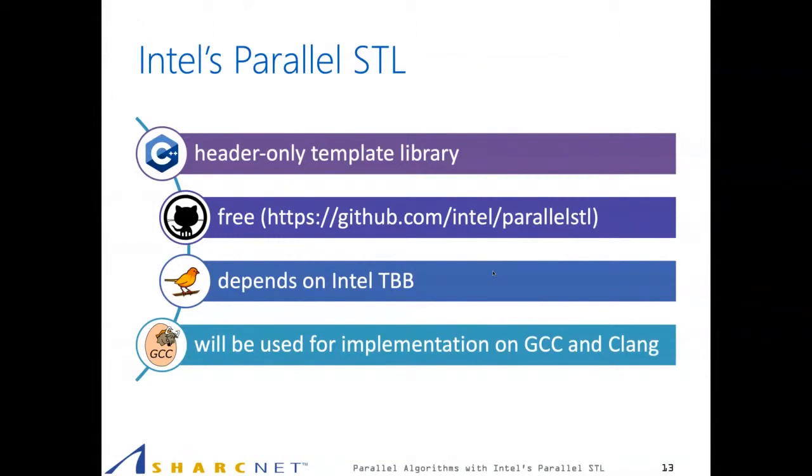If you want to experiment with these parallel features in your current compiler, for example if you use GCC or Clang, it's really easy to just download the Intel Parallel STL from GitHub and start coding with that and explore all the things. That's actually what we are going to do today. Intel Parallel STL is a header-only template library, so there is no need to link any libraries. You just include some header files. It's free and available on GitHub at the following